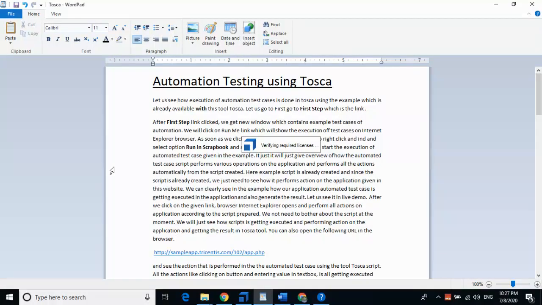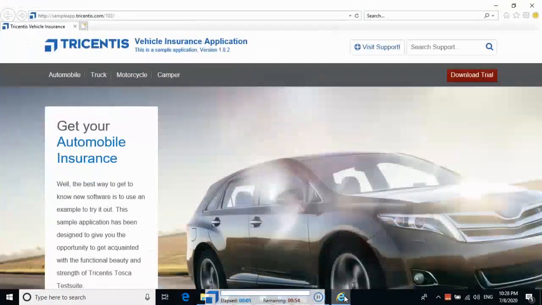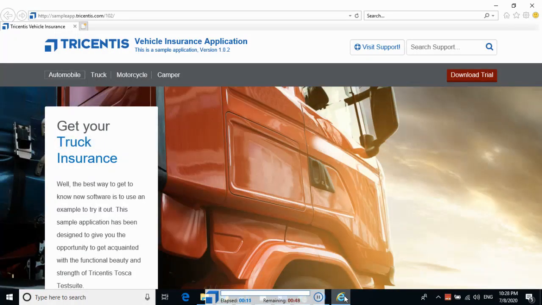So you can see it's starting to work. You can see here, a window has appeared. You can see elapsed time, remaining time. It is showing here. This means that execution is in progress. Now you can see the window opened and the browser maximized.